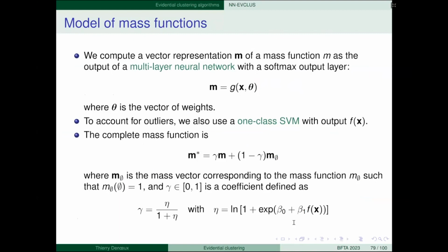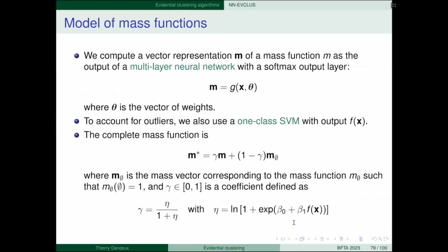Here we define the complete mass function M star. It is a weighted sum of the mass function M from the neural network plus some mass M empty set, with the empty set as its only focal set. And here gamma depends on the output of the one-class SVM. So when the SVM detects that we are far from the data, the mass on the empty set becomes large.